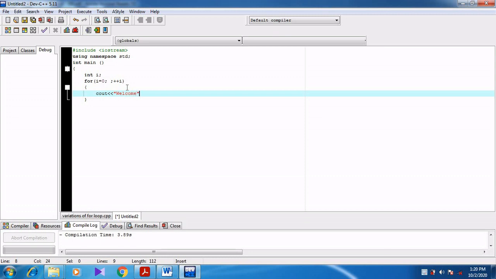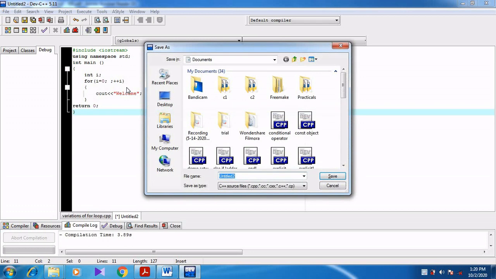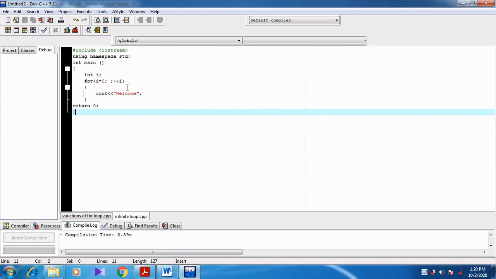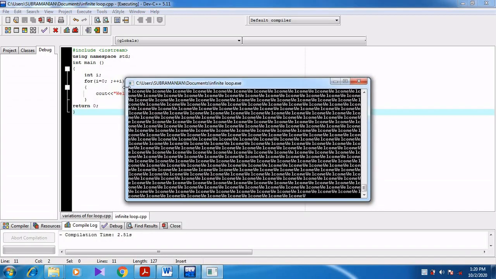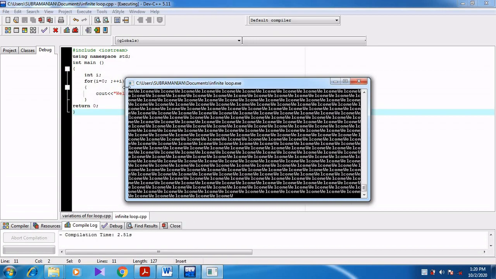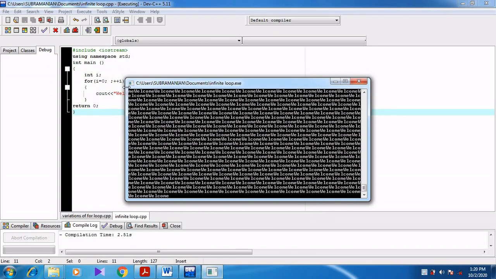After completing the program, I save it with Control plus S as infinite loop. When I press F9, there will be no error. After that, when I press F10, you can see the screen is printing welcome in a continuous manner.